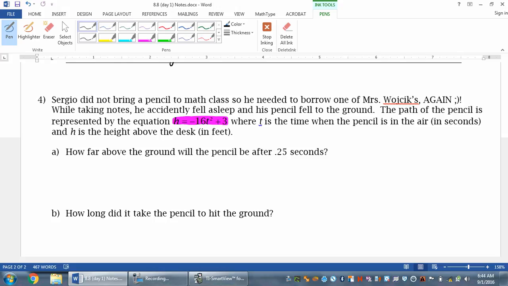All right, so part A. How far above the ground will the pencil be at 0.25 seconds? They give you 0.25. Is that t or h? Since t is time, 0.25 becomes t in this equation. So h equals negative